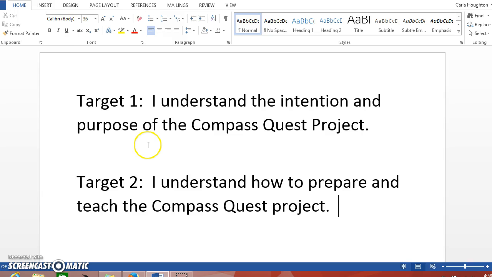And then you will have a full picture of how to prepare and teach for Compass Quest. So I also would like to add that as we do this, you guys are going to be the true explorers on the frontier of deciding and giving feedback to, as a community, how can we make Compass Quest